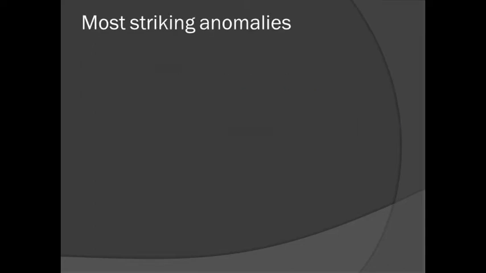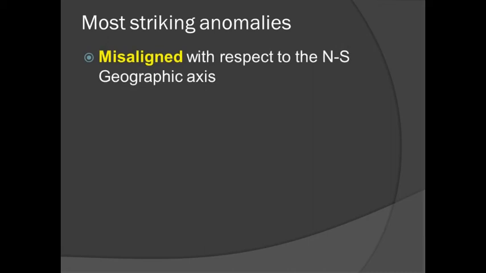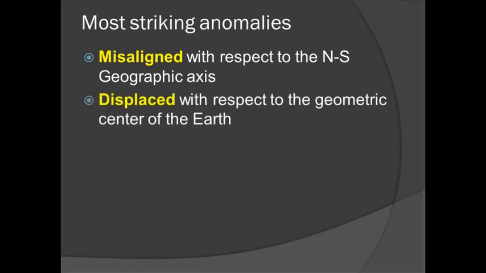In the previous presentation we had seen the four main anomalies related to geomagnetism. The first one mentioned was that it has been found that, although there is a magnetic axis, it is not aligned with the geographic axis. Furthermore, the magnetic axis is displaced with respect to the axis of rotation, so that both axes do not intersect at the center of the Earth.